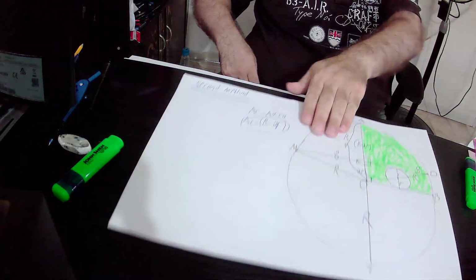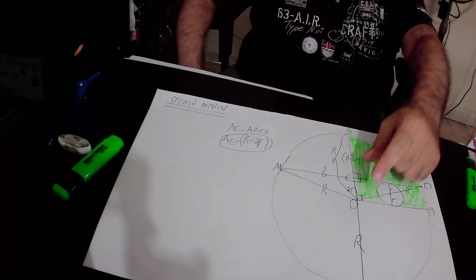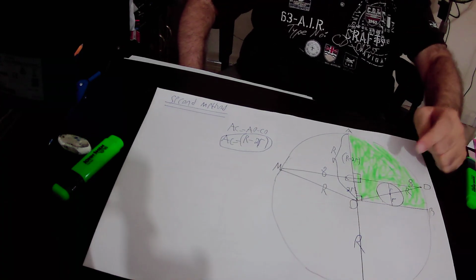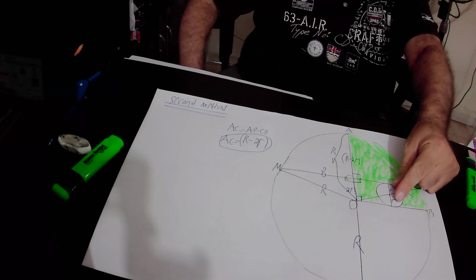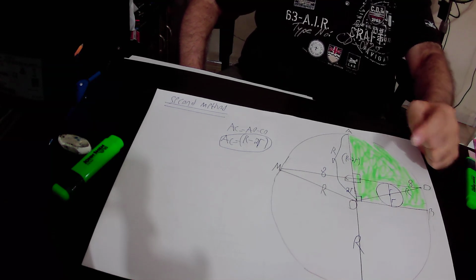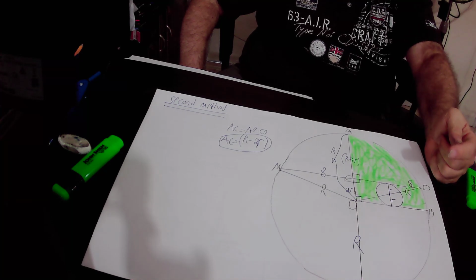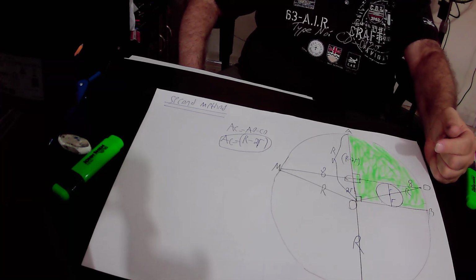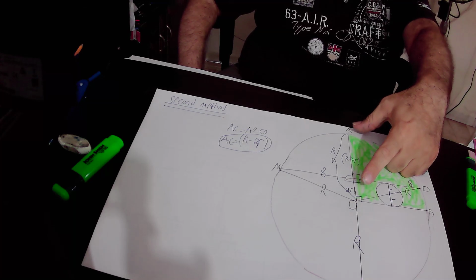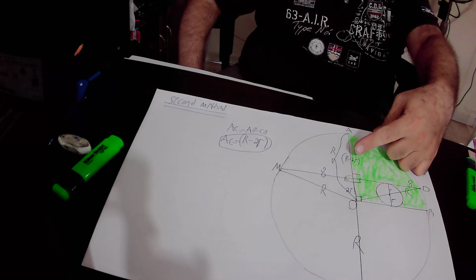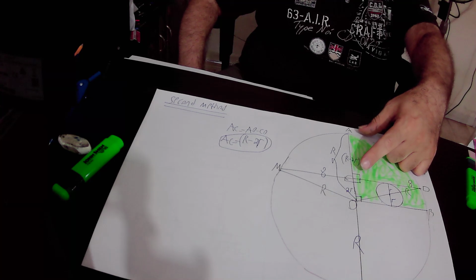In the second method, we already found out in the first method that CO equals 2R. Those are the radii of the small circle. This angle equals 90 degrees according to the first method. AO is the radius of the quarter circle. We already found out that